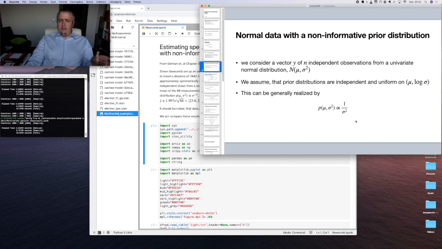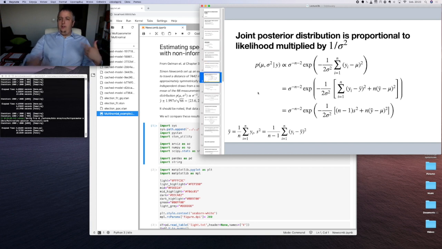However, having such a form of prior for our two parameters, as you see, because mu is uniform, it is not presented directly in the formula. We can do some computation, and here we can see how it generally looks. So, for our n measurements, our likelihood consists of multiple values of